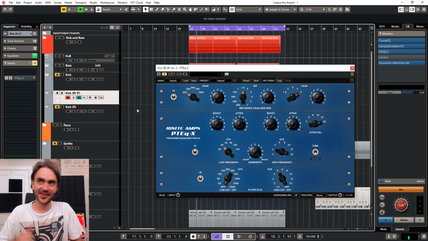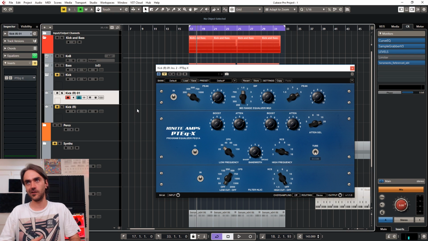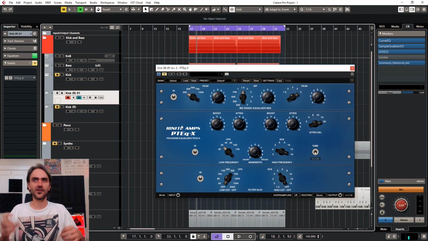Number 1 on my list is a plugin called PTEQX by Ignite Amps. This is a free emulation of the legendary PTEQX EQs, and this one in the middle specifically is really cool for adding a particular type of character to the low end of a bass or a kick or something like that. It's not the kind of EQ that I would use for clinical cutting because it's very particular as to the character that it adds,